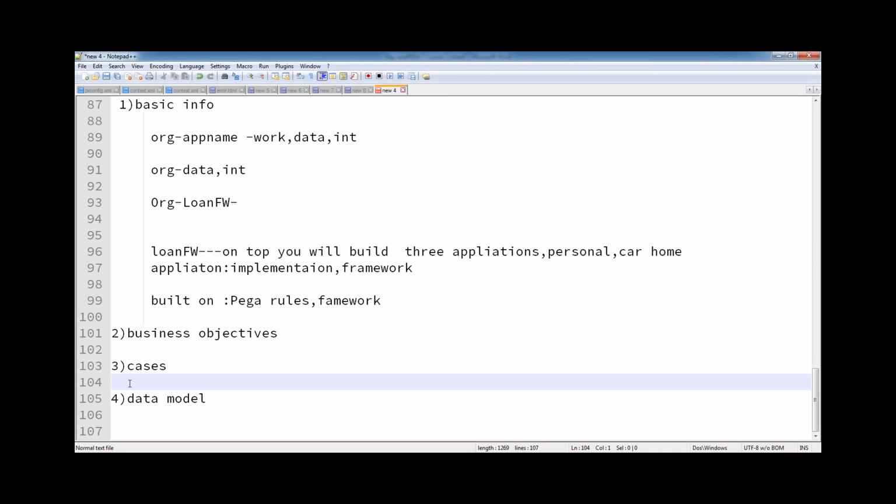Like that, in your application, what are the cases you want to implement? You have to mention them here. The second, third, and fourth steps are not required when creating an application; they are optional. At the time of creating an application, if you have an idea of what you are going to create, you can mention it here. If you have no idea, you can skip it, and after creating the application also, you can create the cases.